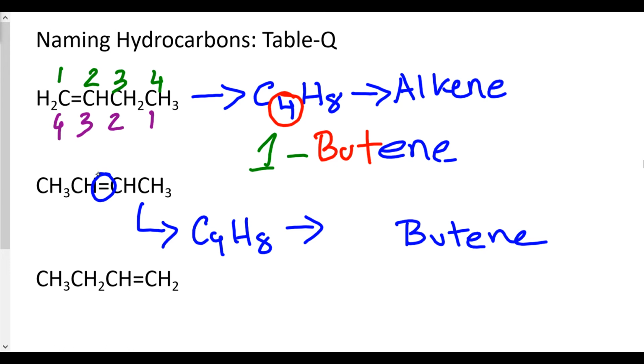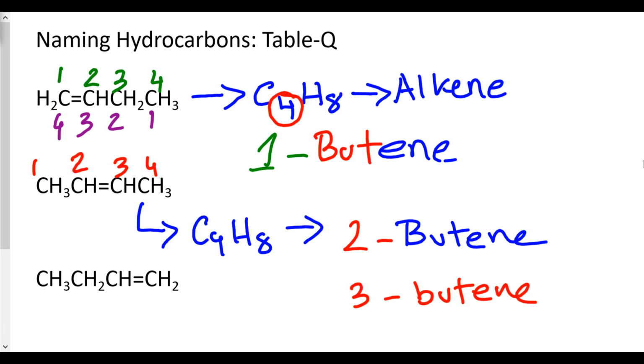So we have to reconsider the name, and we have to count from left to right and from right to left to figure out which side gives us the lowest possible number. If I'm counting from left to right, the double bond is in between the second and third carbon, and therefore the name should be 2-butene instead of 3-butene. Again, if the double bond is between the second and third carbon, you always pick the lowest number,